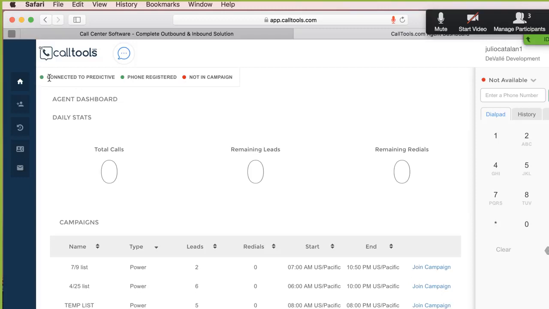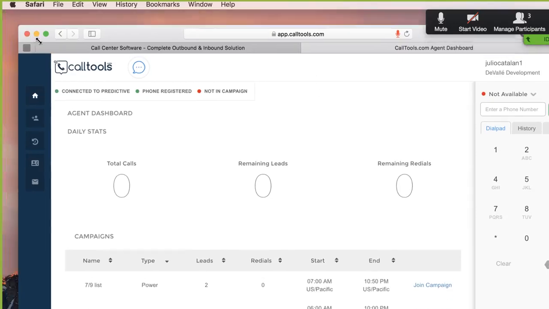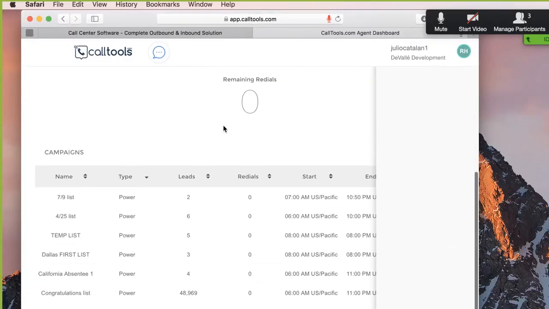Number one is these four green dots at the top of the screen: 1, 2, 3, 4. In order for you to be able to receive live calls, they all must be on green. As you can tell right now, we're not in a campaign and we're not available. So very quickly, to join a campaign,